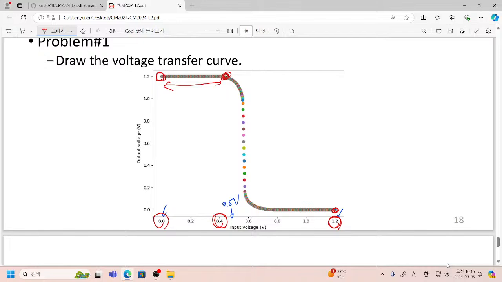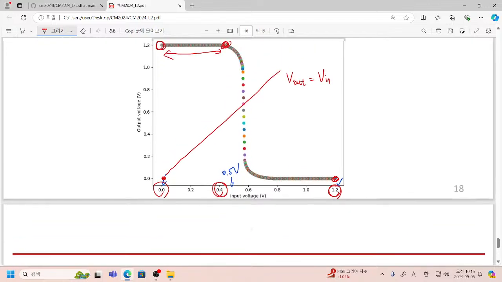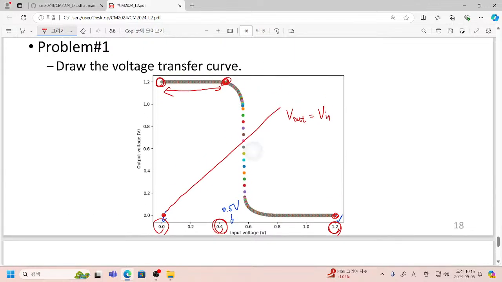And please try to find out the point where your voltage transfer curve meets this line. This line corresponds to V out equal to V in. So please try to find out a certain point. Sorry about my ugly drawing. So actually we have to find a certain point, something like this. But anyway, please try to draw your values. Okay,